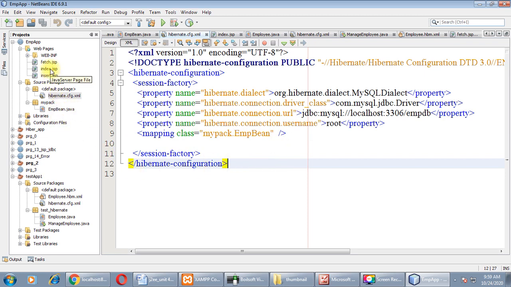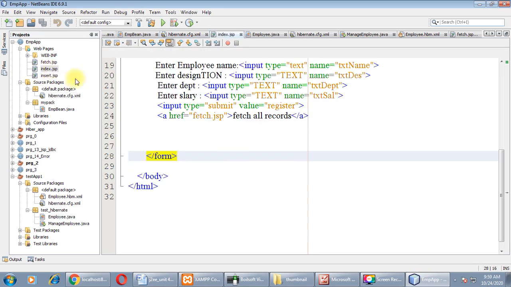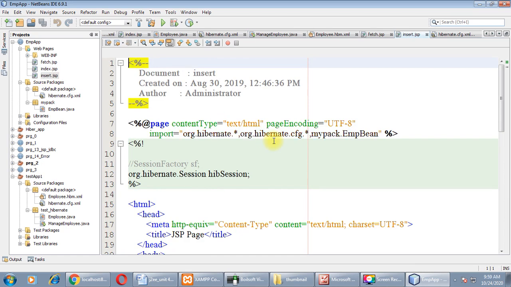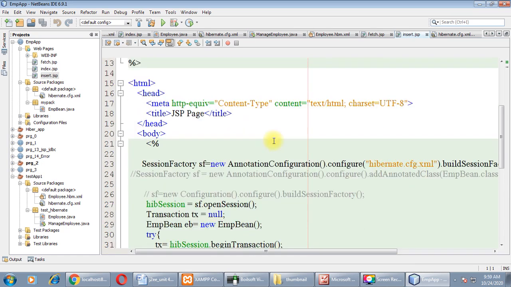As I had shown you, index.jsp is used for entering values from the browser. Then in the form action I have set insert.jsp, which will insert this record in our database.